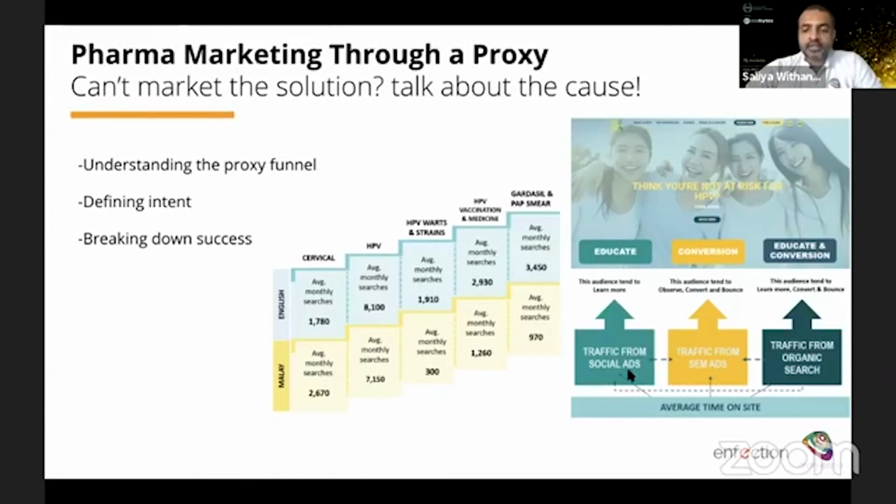If you're driving traffic from social ads, it can differ, where people will come to kind of figure out things. When you drive SEM or search ads, the intent is higher, so they're going to convert at certain points. So your KPIs should be accordingly. Here we've looked at what people are searching in English, what they're searching in Malay, what the numbers are, and whether they tally with the sales. We did a big exercise like that to figure out how to align this particular third party or proxy funnel to the site.